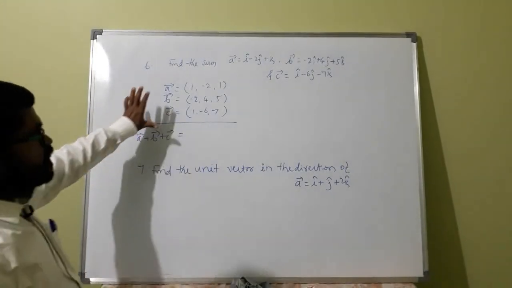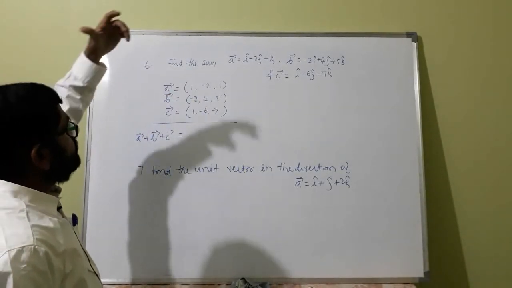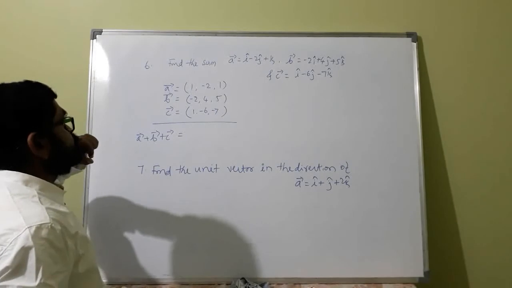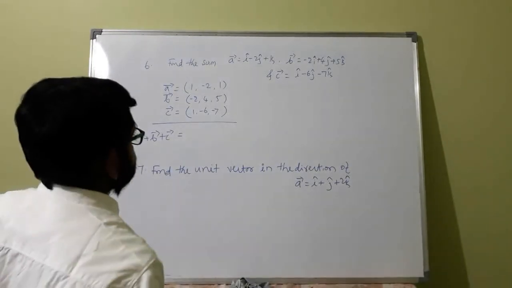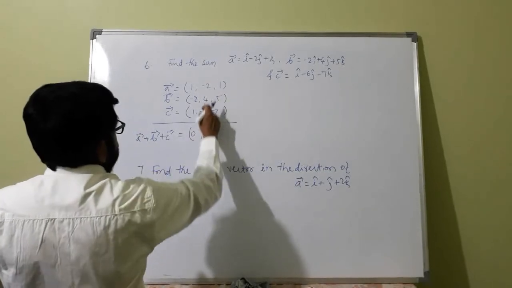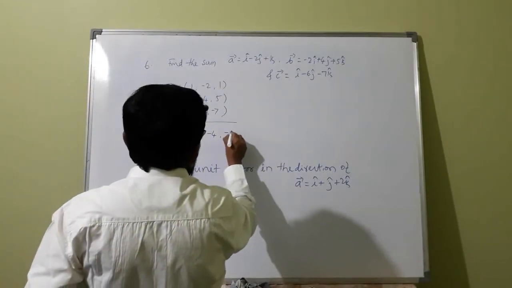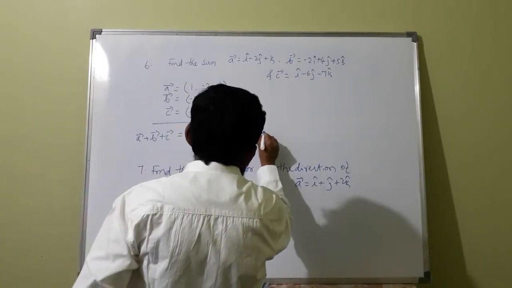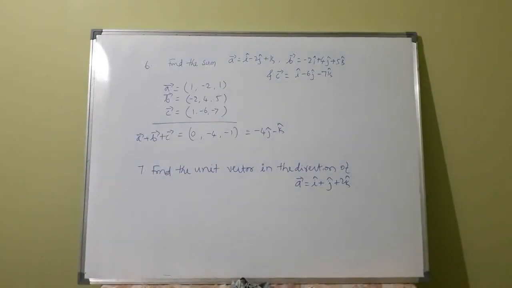See, while writing this type of sum by writing in parenthesis, you have to put these brackets compulsorily. Okay, and in the final answer you have to write again i, j, k. See, this is the sum, this is minus 8 plus 4 minus 4 and 6 minus 1. So this is nothing but no i terms, minus 4j minus k. Okay, that is the required answer.